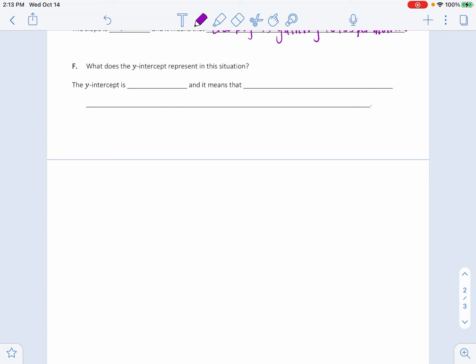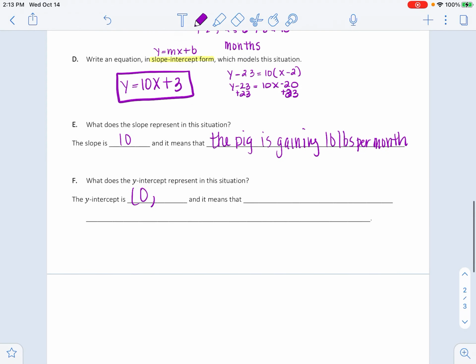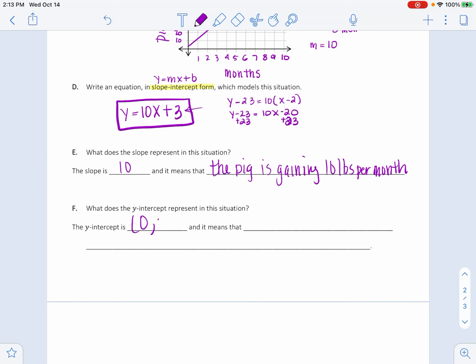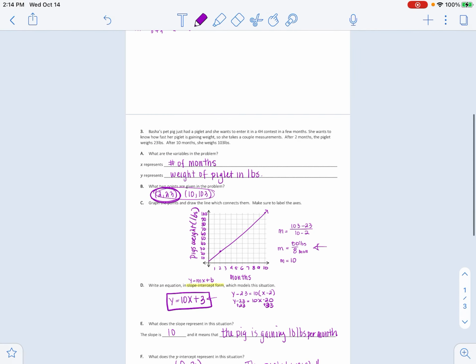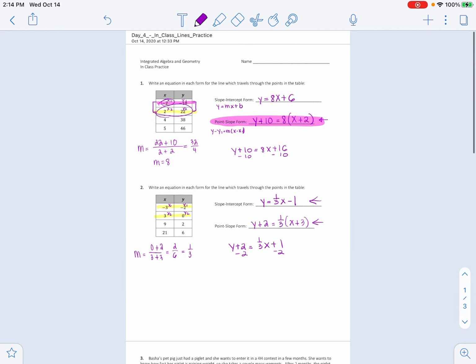Okay. All right, next, what does the y-intercept represent in this situation? So the y-intercept is 0, 3. I can just look at my equation right here, 0, 3. And what does this mean? Okay, so this is after 0 months, the piglet weighed 3 pounds. Or, which makes more sense, the piglet was born. The piglet weighed 3 pounds when it was born. Weighed 3 pounds at birth. All right, that's it for the in-class